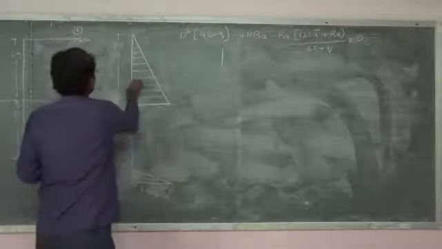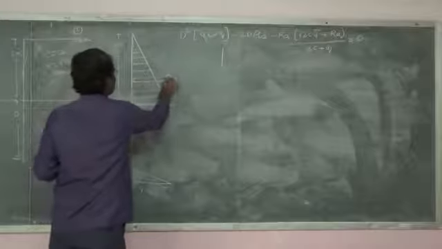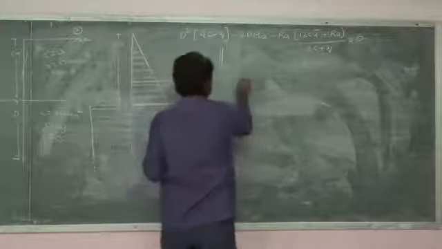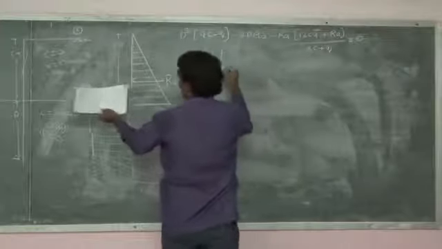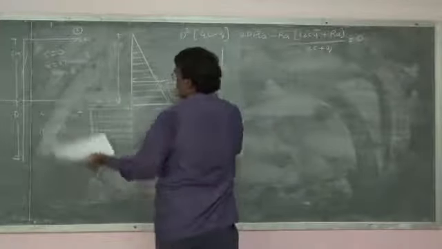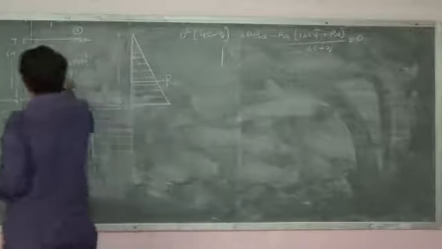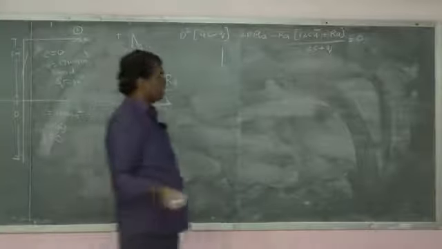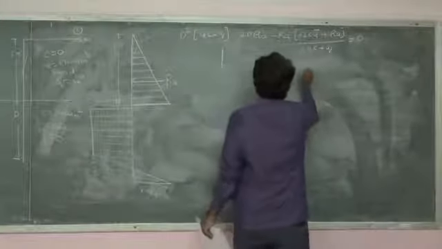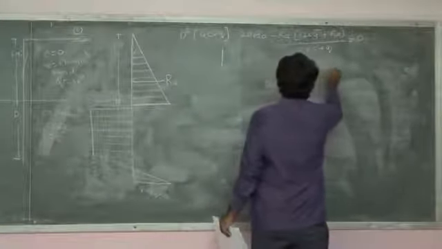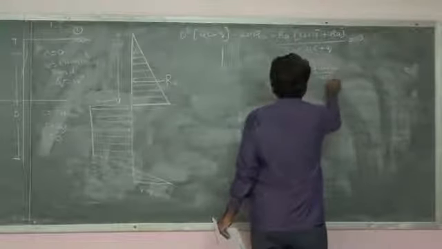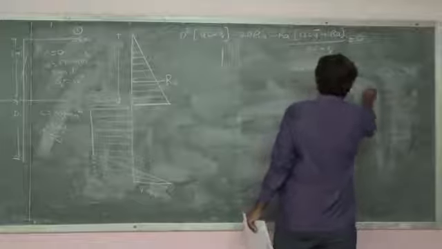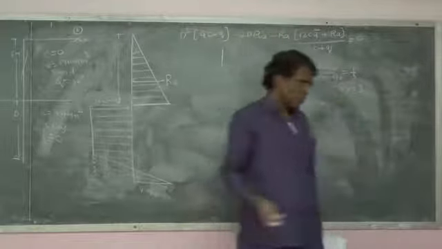RA is equal to the active pressure acting here. This is RA here, only one triangle is there. First of all, we shall calculate the phi. C is 0 here and phi is equal to 30 degrees. So K is equal to 1 minus sin 30 divided by 1 plus sin 30, which is 1 by 3. Kp is going to be 3. These things you know, and phi is given.